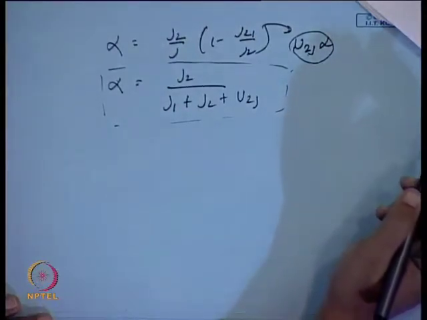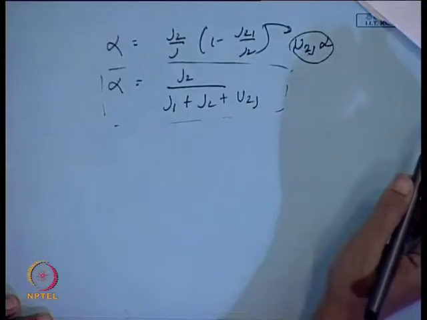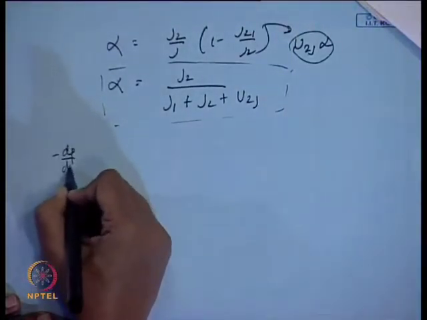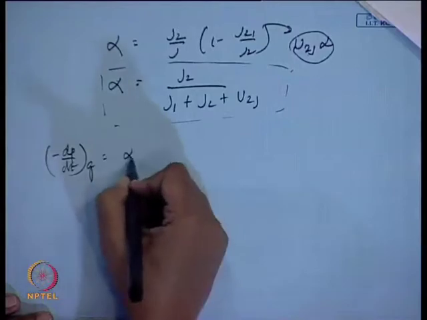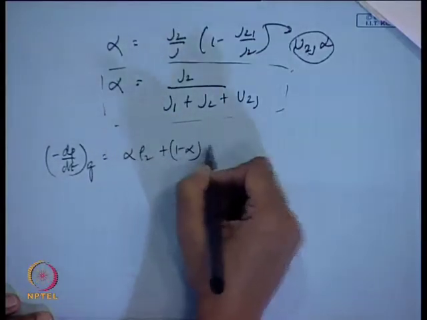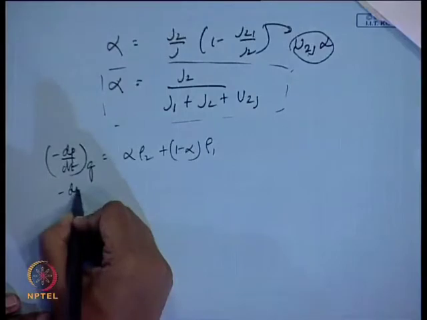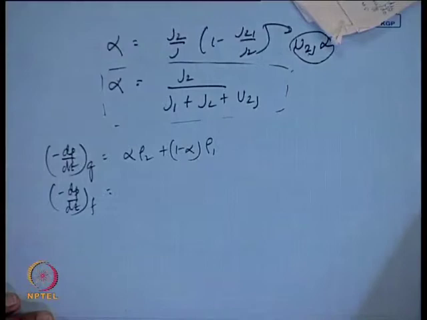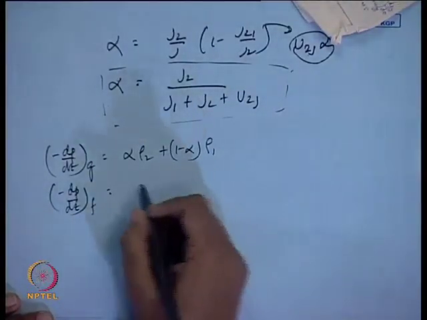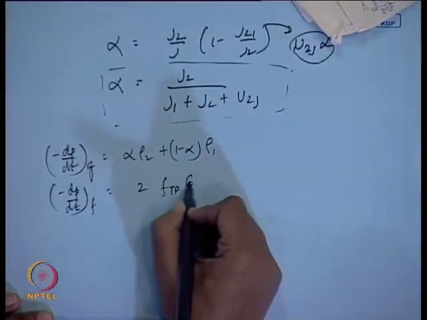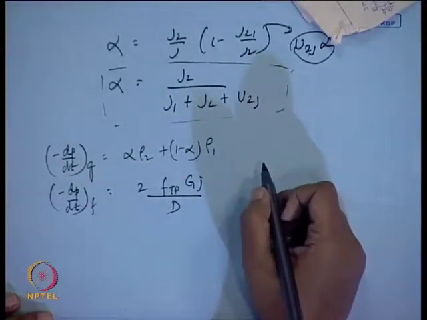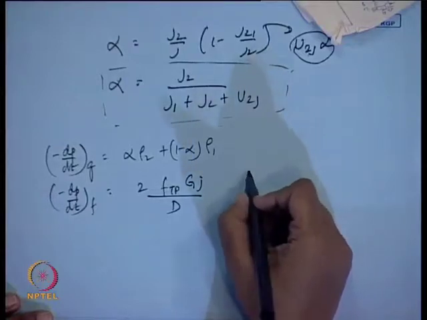Now, what are the pressure gradients here? There is an acceleration pressure gradient, there is a frictional pressure gradient, there is a gravitational pressure gradient. Gravitational pressure gradient is very simple. The moment you know alpha, you can find it out. Your frictional pressure gradient, that also we have discussed. The frictional pressure gradient is nothing but 2 f_TP G j by d, isn't it? You can find out whether it lies in the laminar or the turbulent flow regime.